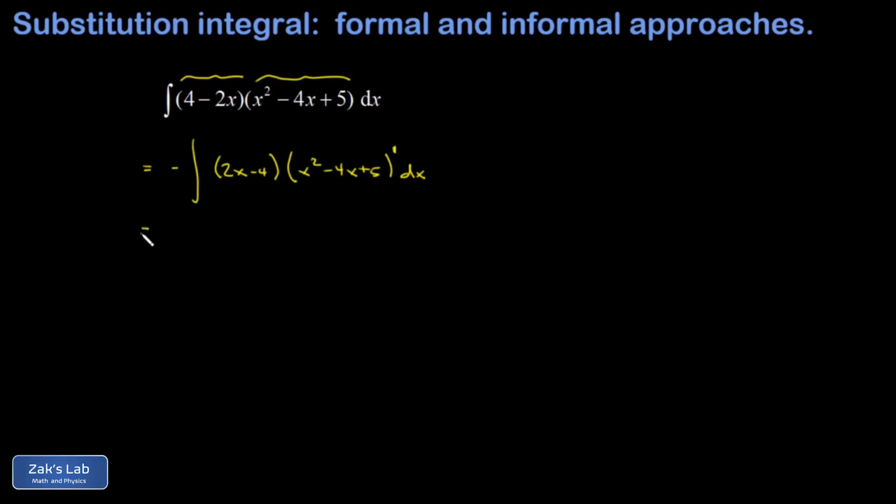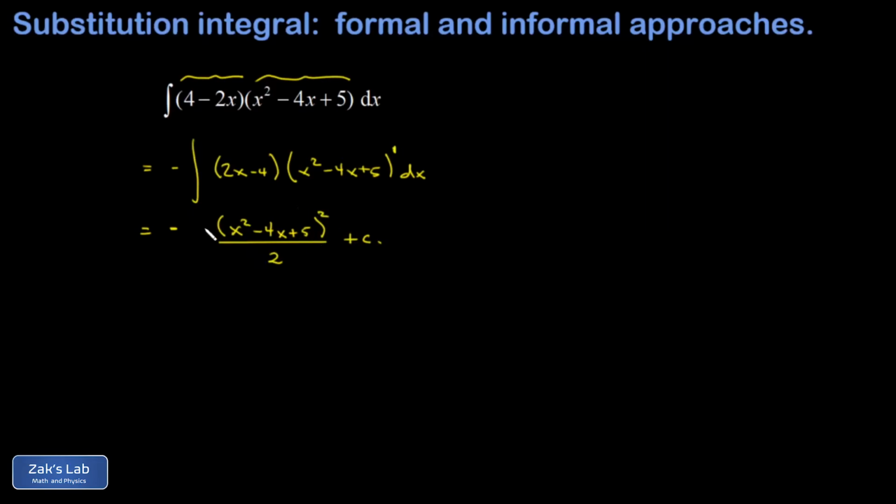And I can just use the power rule on this and say that this comes from x squared minus 4x plus 5 squared, that's just adding 1 to the exponent, all divided by 2, plus c. And then to check my answer, which I recommend you at least do mentally, if I differentiate this,